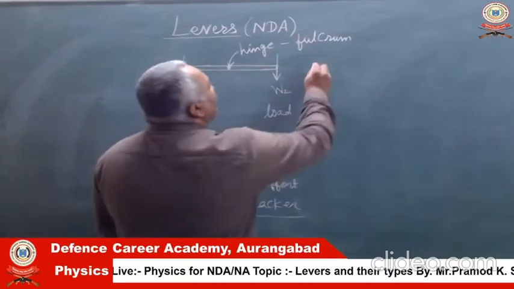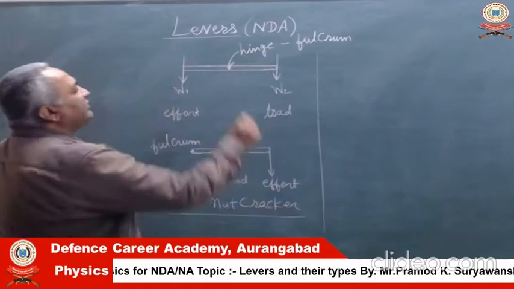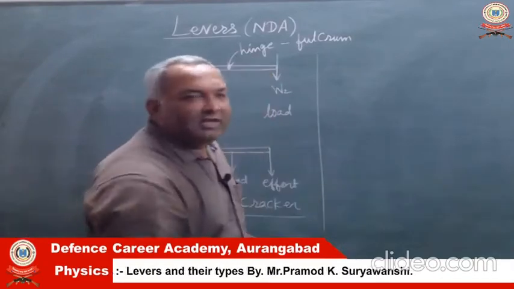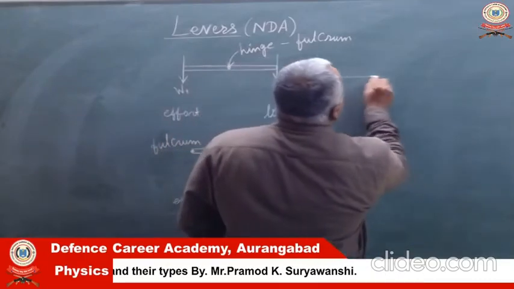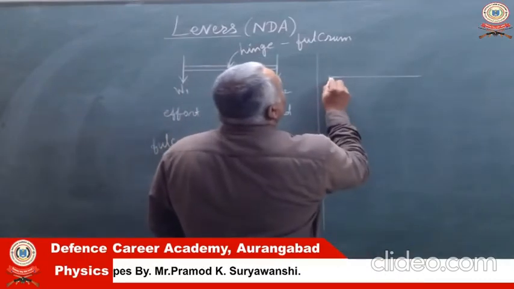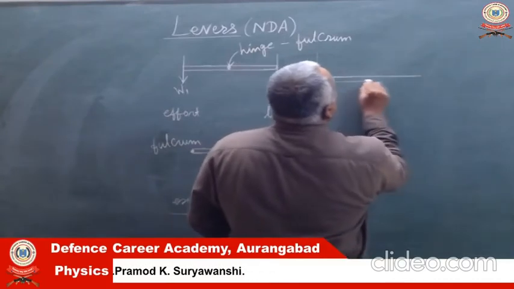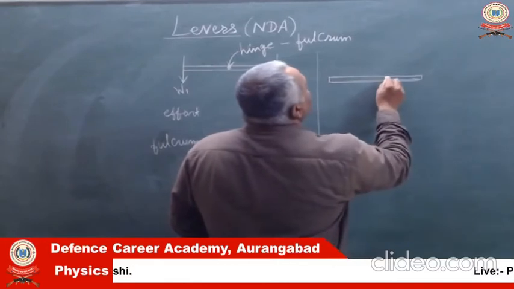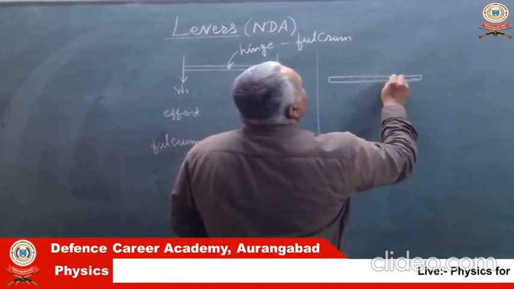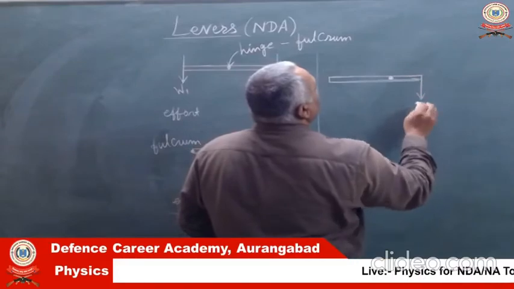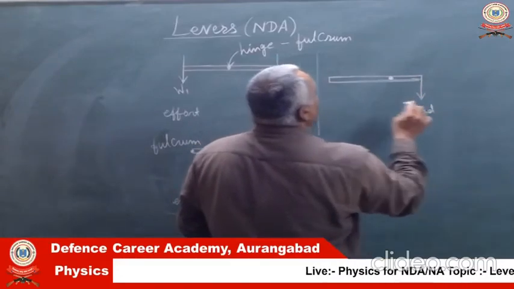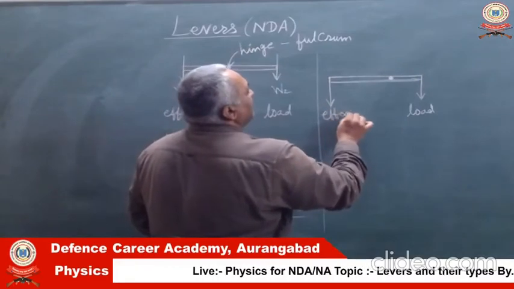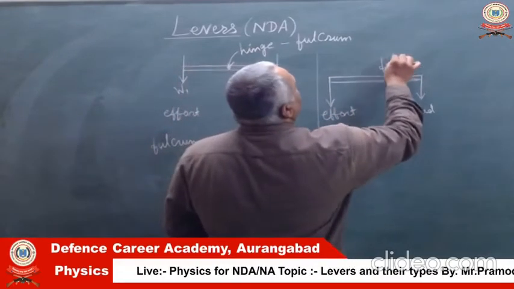The second type of lever is the one we have just mentioned, the seesaw. The only difference is sometimes we want this lever to produce a higher or greater force than what is applied. So imagine that there is a fulcrum here, there is some load to be lifted or displaced, and there is effort applied at the other end. So this is another type of lever.